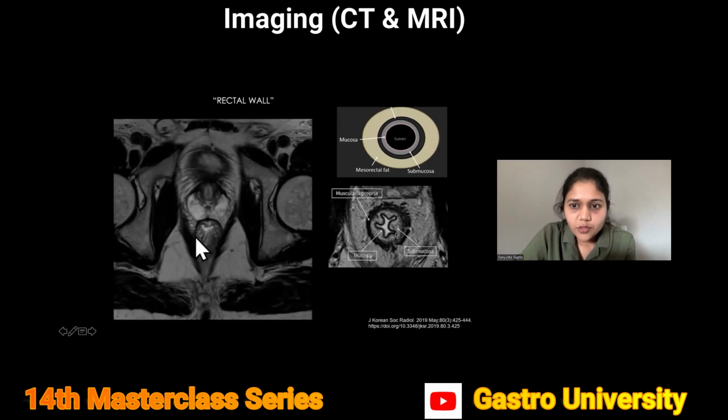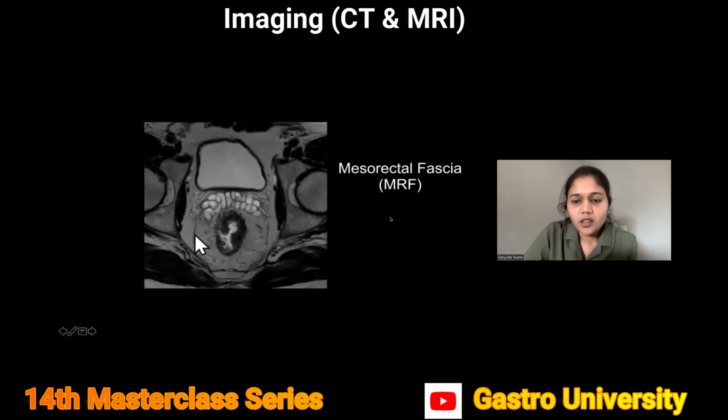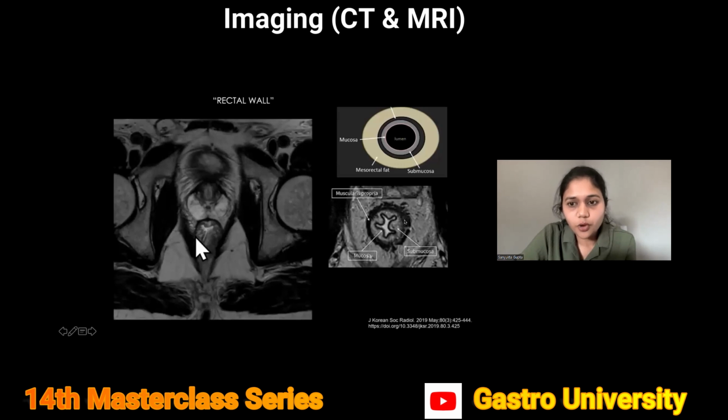Then we have the muscularis propria, and this is where the MRI assumes importance, because the muscularis propria is a very hypointense line. It is the inner circular and outer longitudinal muscle layer, and usually the tumor is of intermediate intensity. And when it's a T3 stage, it has already reached the muscularis propria. So it invades the muscularis propria, and we can easily identify the most invading margin of the tumor, as well as the distance of the tumor from the MRF and the CRM status.